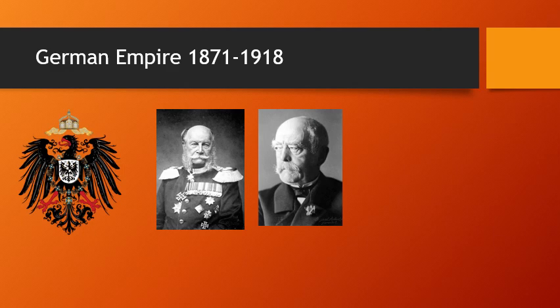In all, around 25 states made up the newly formed Empire of Germany. Its population was 41 million, which by the start of the First World War had become 68 million. And this is seen as a very significant event, because right at the heart of Europe, with France to one side, Austro-Hungary to the other side, Britain just across the English Channel, and the Russian Empire, a new force emerged with a lot of ambition that we will discuss as we move on.